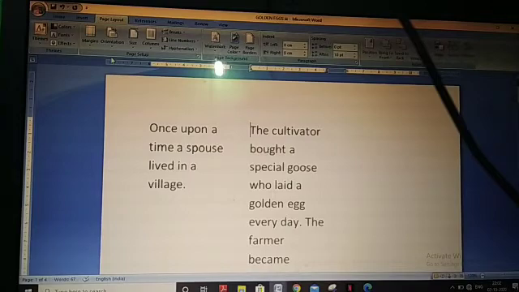Wherever you want to give a page break, first of all click there. Go to the Page Layout tab, click on the Break option, and there choose the Page option, so the page break will be inserted. The text will be shifted to the next page. This is page break.